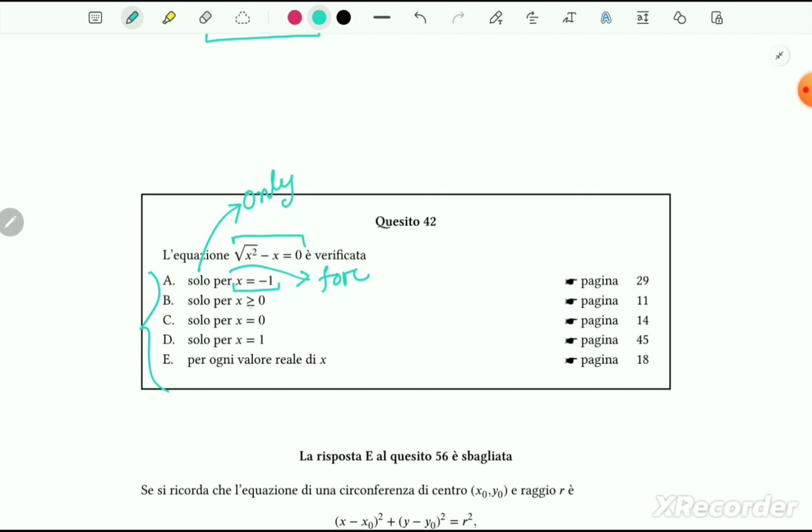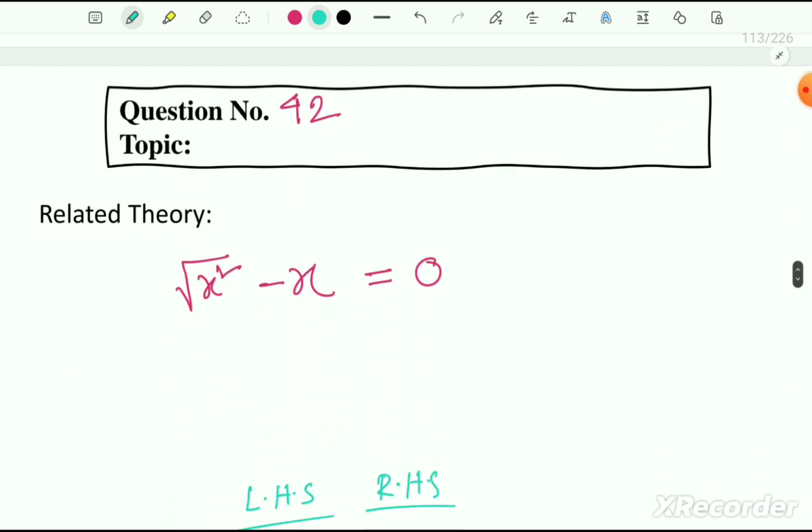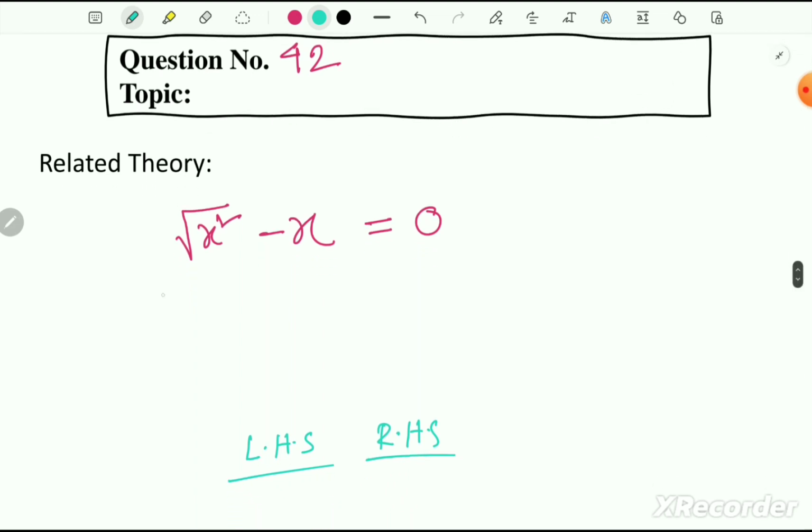Only for x greater than or equal to 0, only for x equal to 0, only for x equal to 1, for every real number x. This means every real number value of x. So we have to find out the answer. Let's write the equation one more time. Square root of x square minus x equal to 0. Let's take a look. We can write here